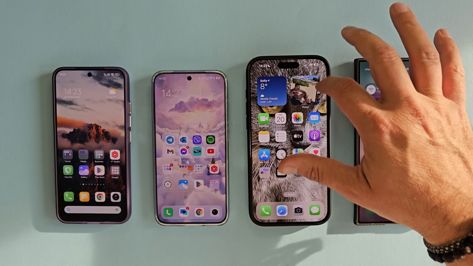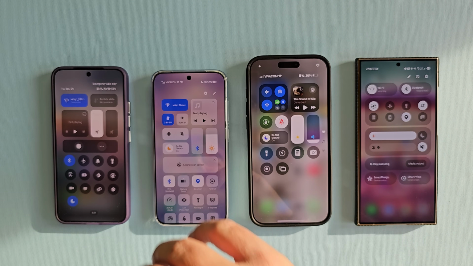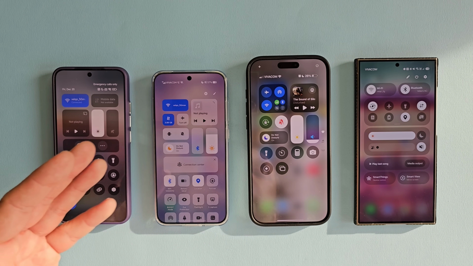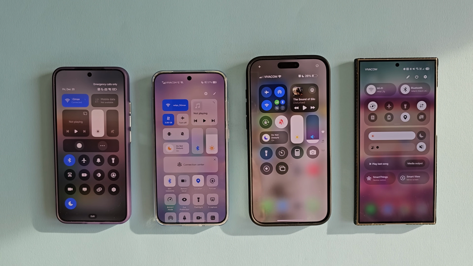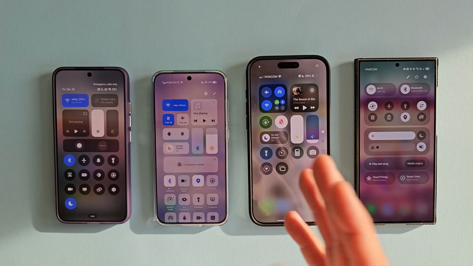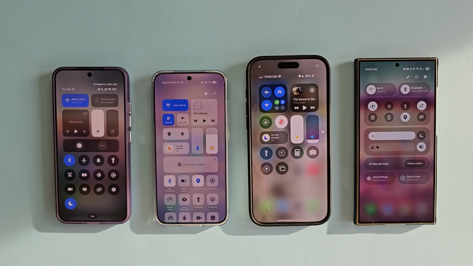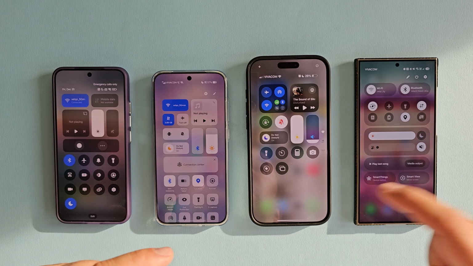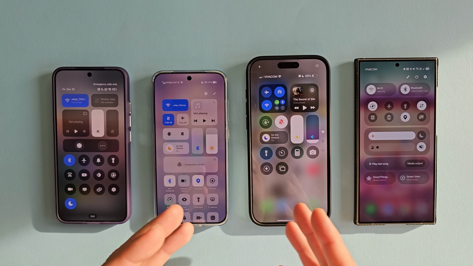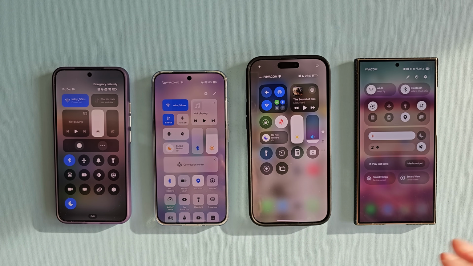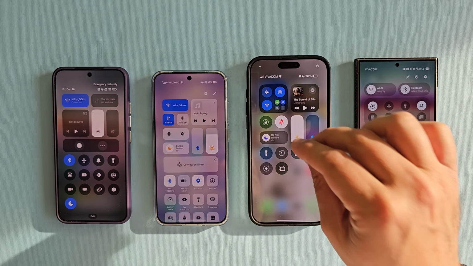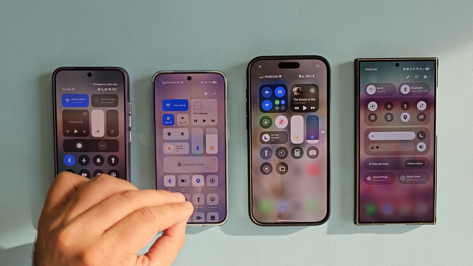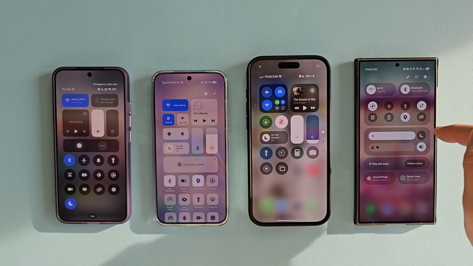Now let's just go back on the quick panel and just review something. People are saying that Xiaomi is copying Apple, but at the same time, people are also saying that One UI is copying iOS, and at the same time, this is copying this. So, you know, at some point, I do believe in this game, everybody's copying everybody else. And yes, maybe Apple and Samsung are kind of leading this show, but nevertheless, what are the dry facts, guys? This thing here looks very similar to this thing here and to this thing here,